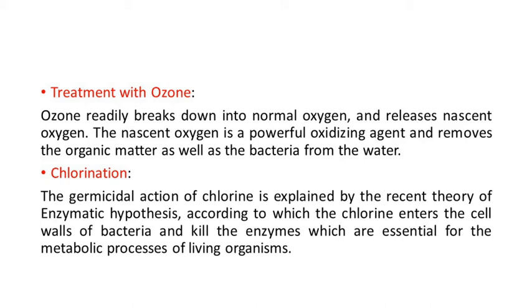We know the basics about chlorination. Chlorination is a process of disinfection where chlorine is used as a disinfectant. When chlorine is used as a disinfectant, that process is called chlorination. Chlorine is available in many forms: as bleaching powder, as chloramine, and also as free chlorine gas. Bleaching powder is in white powder form, and we can use it as a disinfectant for different types of water supply systems.